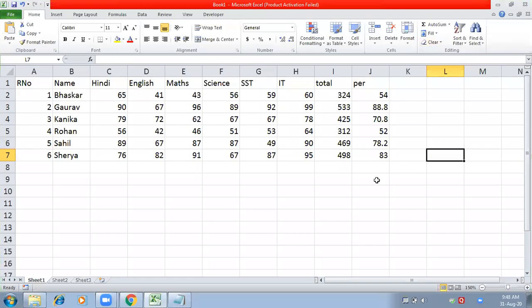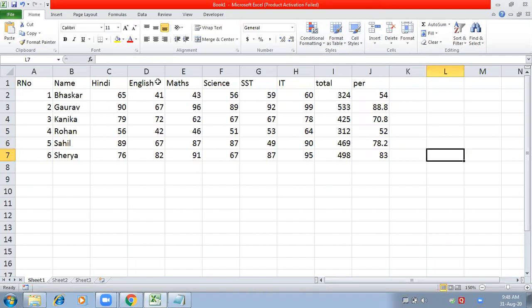What are macros? Macros are basically small programs which can work according to your instruction. For example, I can record a macro also. Suppose here I'm doing the sorting on this sheet. I can record it, and next time I need not perform all the steps of sorting. I'll just click on a button or a shortcut key, and automatically it will perform the sorting for the sheet. So that is a macro. Macro means small programs which can make your work easier.